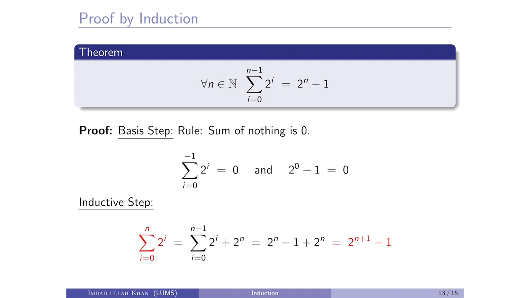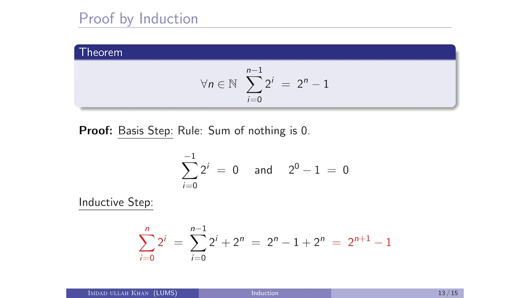But we have taken the basis step for n to be 1. We have taken it as 0, right? So i is starting from 0, so we plugged in 0 over here in place of n. So P(0) means that wherever there is n, we are just plugging in 0 over there. So the basis step always has to be at 0.